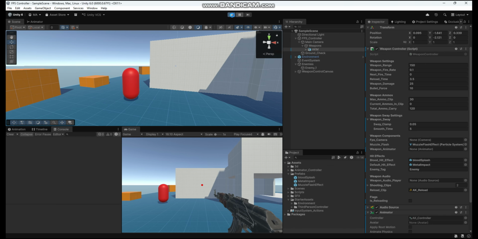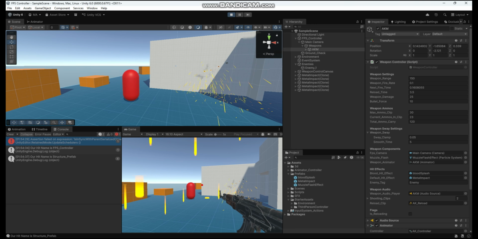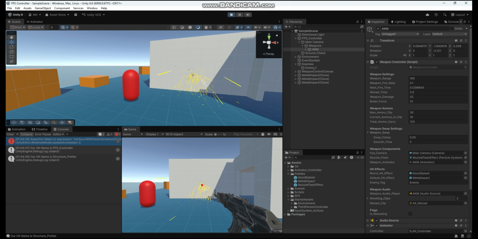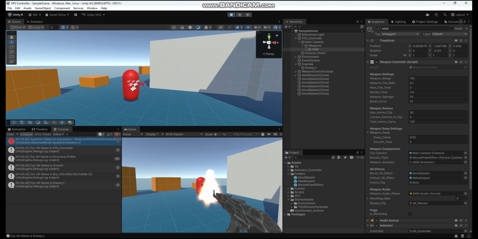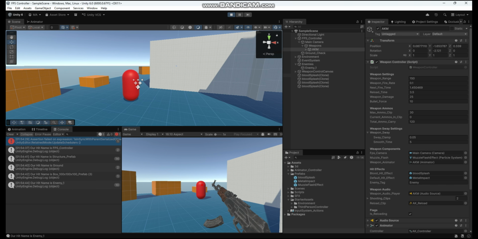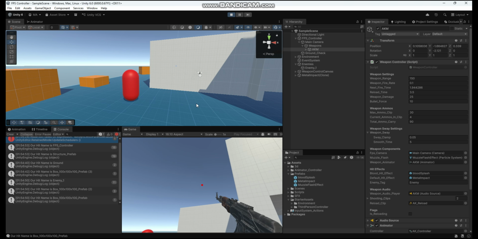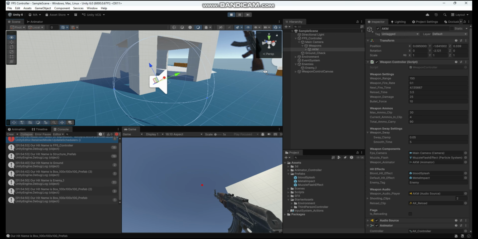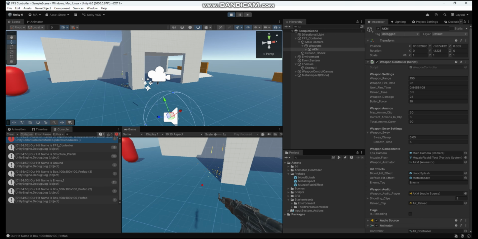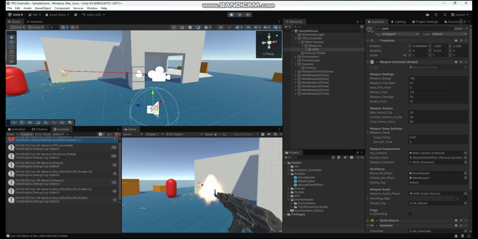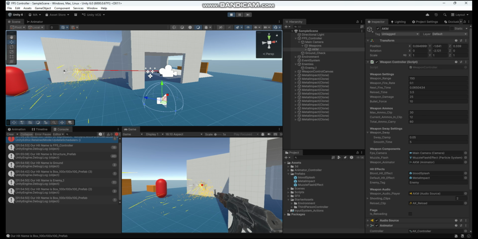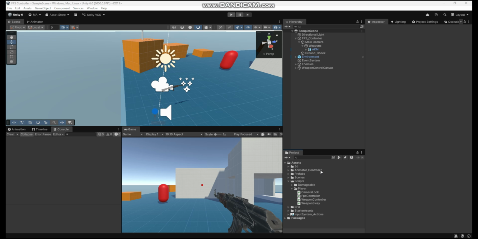Now let's test the game. Let's start shooting. As you can see, when I hit the walls or ground, we have a metal hit effect, and when we hit the enemy, we have a blood effect. Now, one thing to keep in mind is the hit effect logic is just for the time being. Right now, we're simply checking enemy tags and manually spawning different effects. But in future episodes, we'll make this system much more generic and scalable.